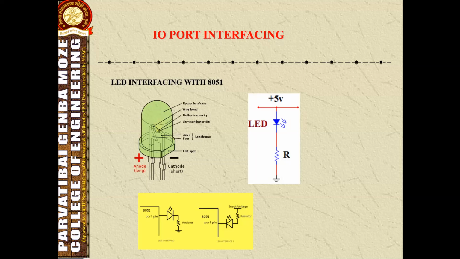Commonly available LEDs operate on a minimum 1.7 volt voltage drop, which means we have to apply a minimum of 1.7 volts to this diode. The diode needs a minimum of 10 milliampere current to glow with full intensity. So if we have a connection like this, a minimum 10 milliampere current should flow through this LED. Here some voltage drop also occurs. So what should we have to do? We have to apply a minimum 10